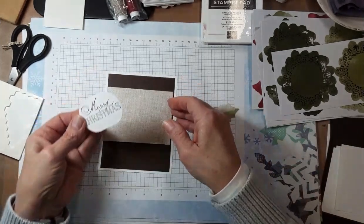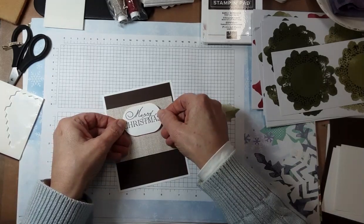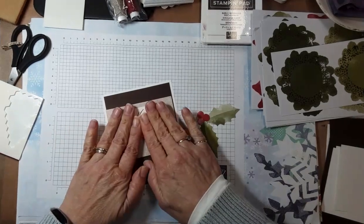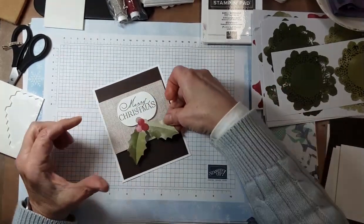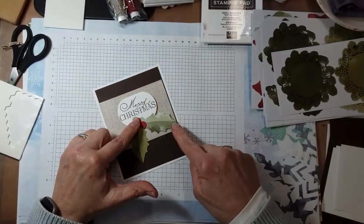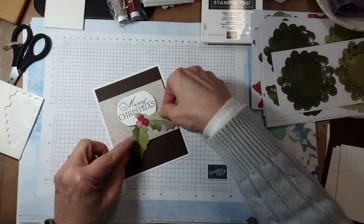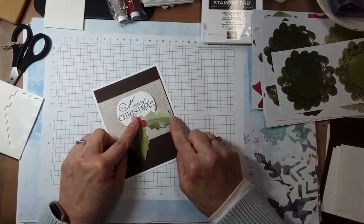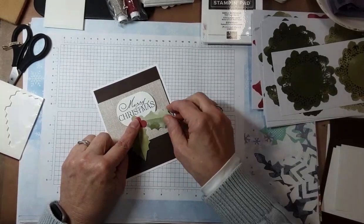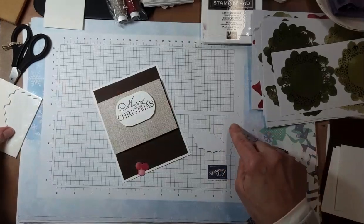All right, and we'll go center, side to side, and a little bit high, so that our holly can hang down. Now we're going to have to attach our holly, and I want it a little bit at an angle, I don't want it straight down. So I need to make sure that the point of this holly leaf is not going over, okay? So we're going to have some